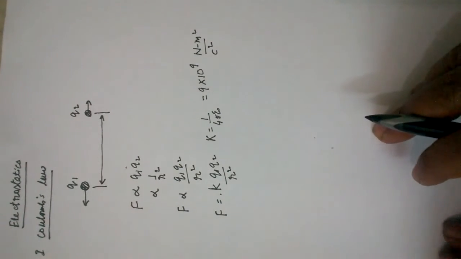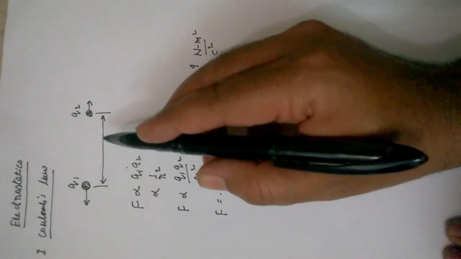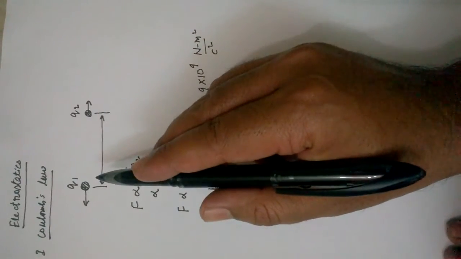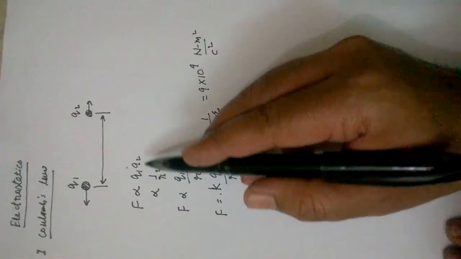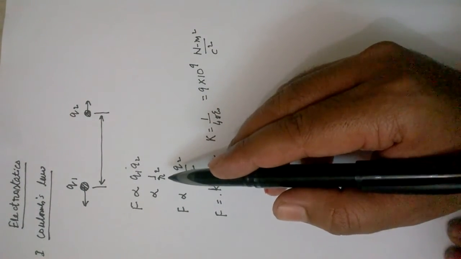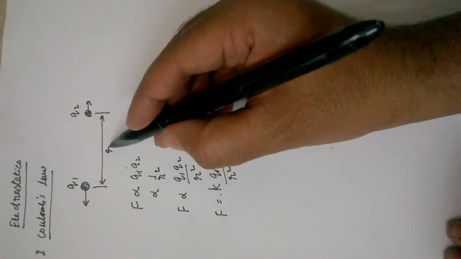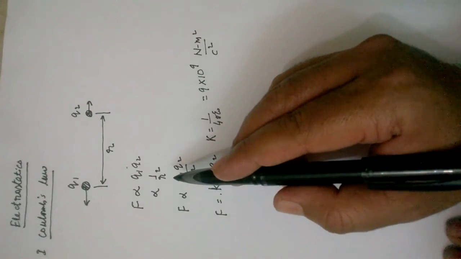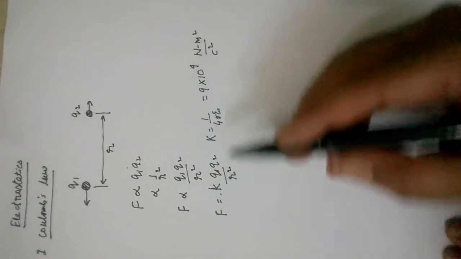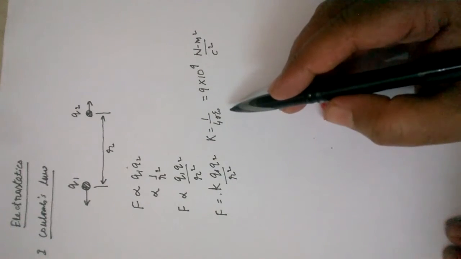Now this is Coulomb's law. So what is Coulomb's law? The force of attraction or repulsion between two-point charges. Two-point charges can attract each other or repel each other. The force is directly proportional to the product of charges Q1 and Q2. It is inversely proportional to the square of the distance between them. Here the distance between them is r. And so we get, putting in this constant of proportionality, this expression. This is the value of K in SI system.